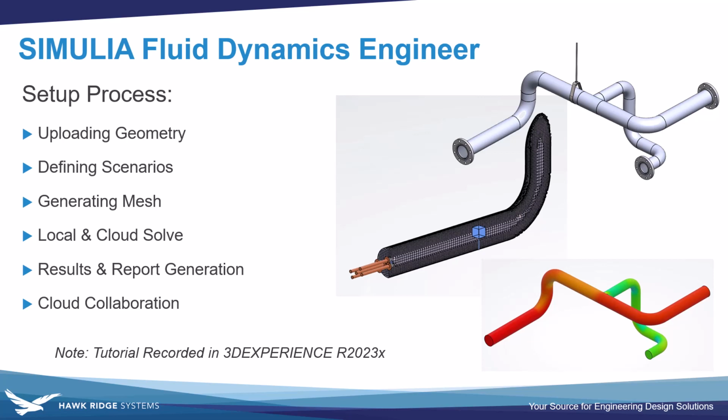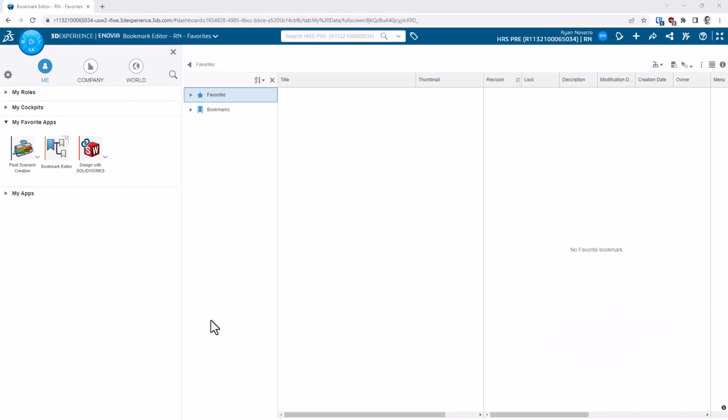Finally, if you're doing just a one-off analysis, you can drag something like a STEP file directly into the Fluid Scenario Creation app, but the workflow I'm going to show here is how to upload your files from SOLIDWORKS, which I think will be relevant for many users of this tool and is a bit cleaner file management wise. Okay, so to get my geometry into the 3D Experience platform, I'm going to open the Design with SOLIDWORKS app,